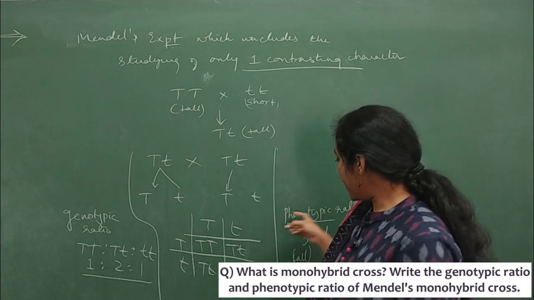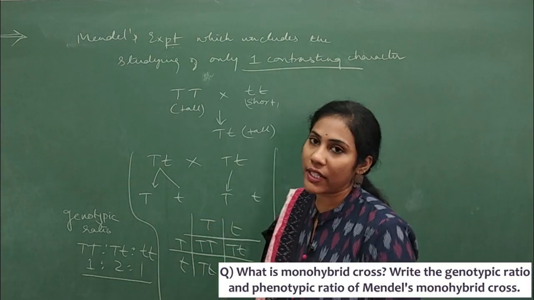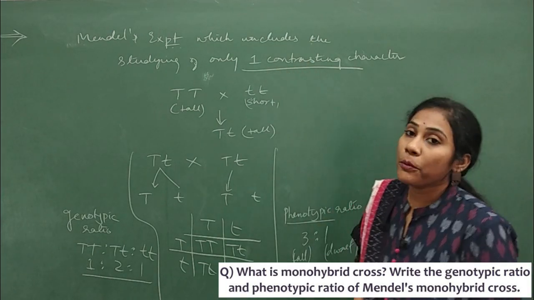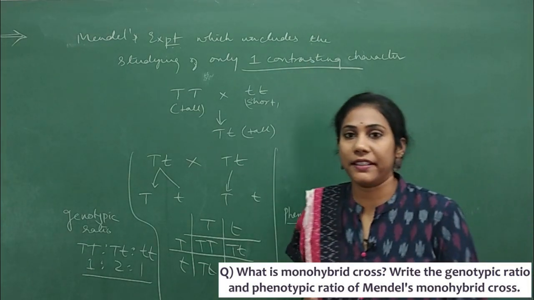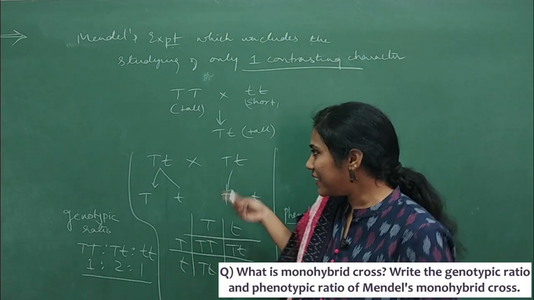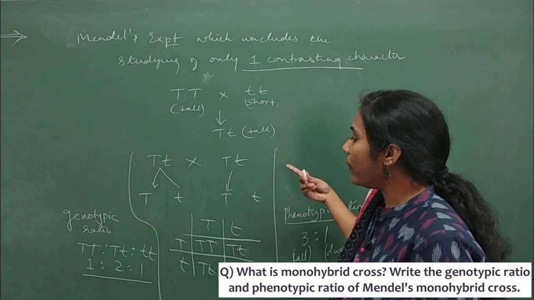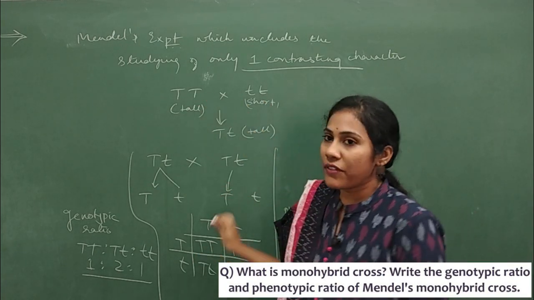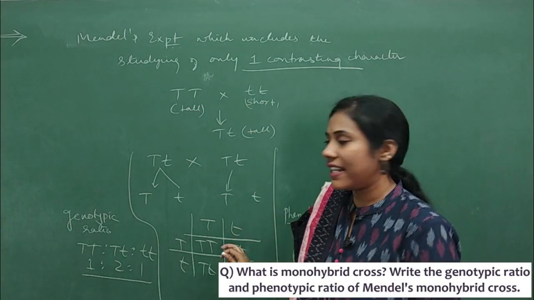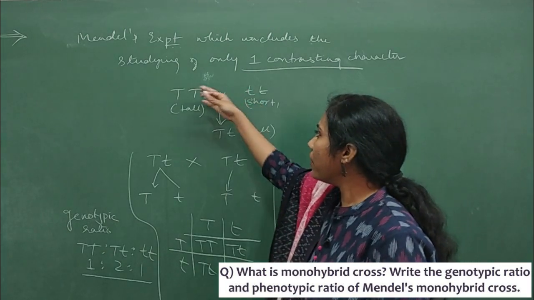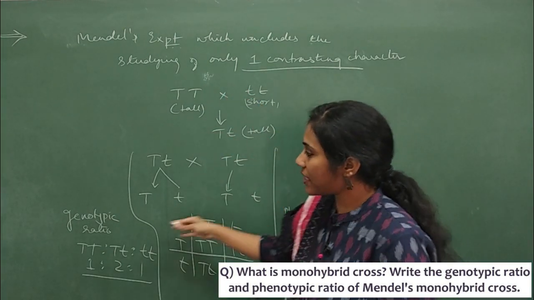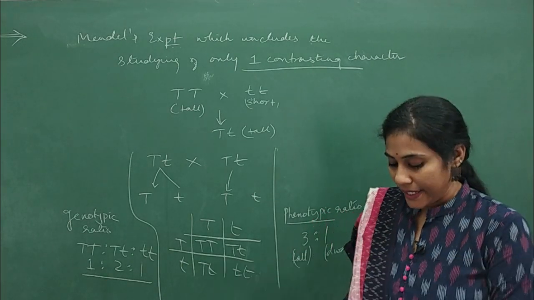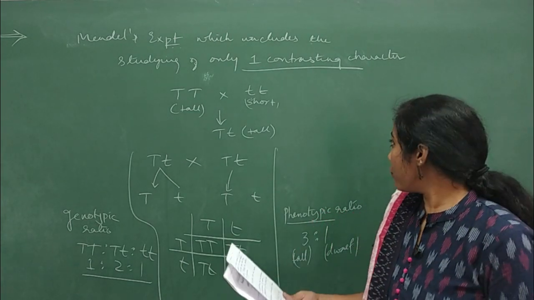Say you have to mention this phenotypic ratio and genotypic ratio, and also give the definition for monohybrid cross for this particular question. Clear? And I just did this workout to make you understand the concept in a deeper sense. Otherwise, for the question that they have asked like this, you need not work out all these things. You can just mention genotypic ratio and phenotypic ratio. Clear? And let us see the next question here.